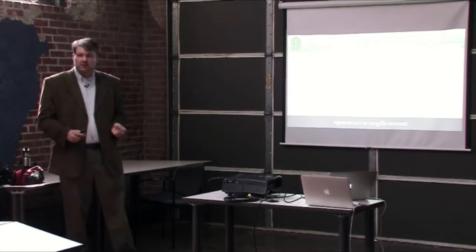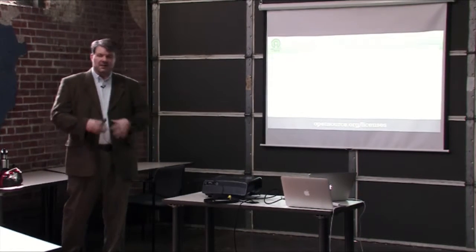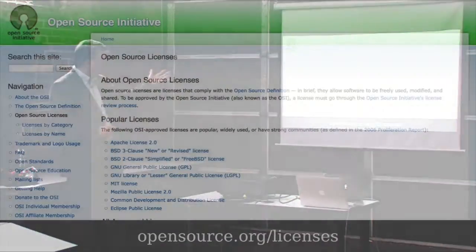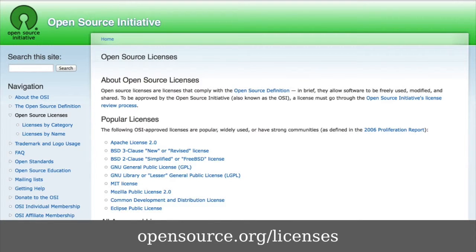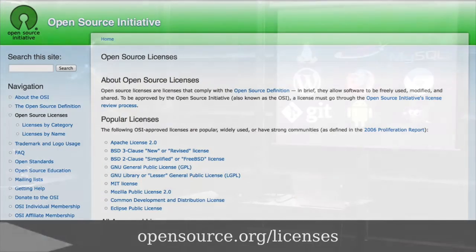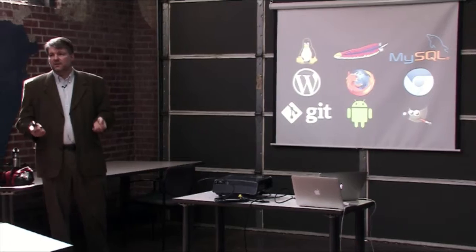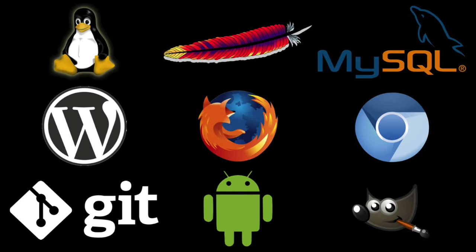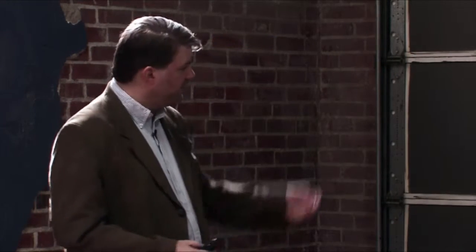Now, in software, though, there are lots of open source licenses. That's where most people, when they hear about open source, think software. And there are plenty of open source licenses out there that define various software and the rights that people have when it comes to using those. In fact, there are some common pieces of software that virtually everybody in the audience today has used at some time or other. You've used Linux if you've ever used Google. You've used Apache if you've gone to most websites in the world. You've probably used Firefox or the Chrome browser. Maybe you use Android. If you're a software developer, you use Git. The point is that you use open source all the time without realizing it.